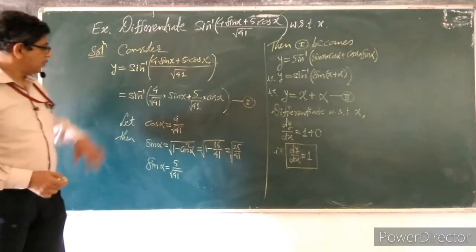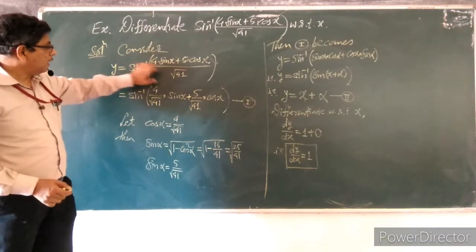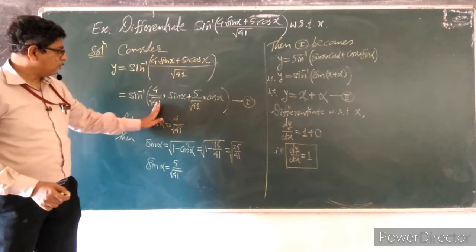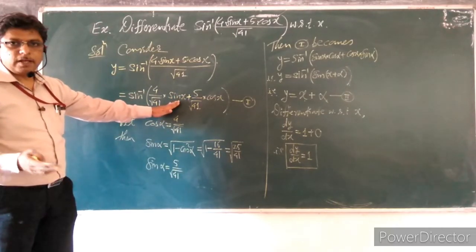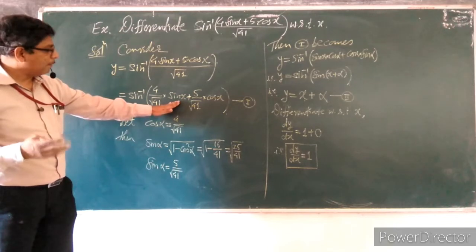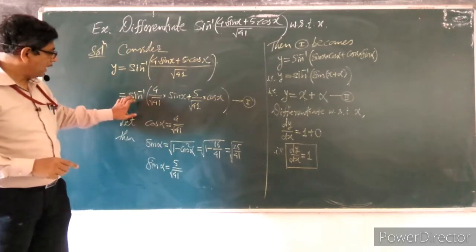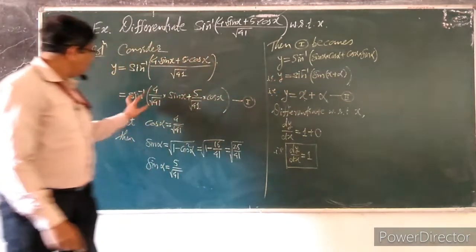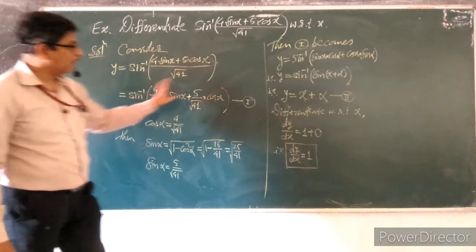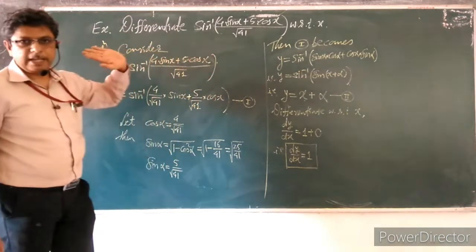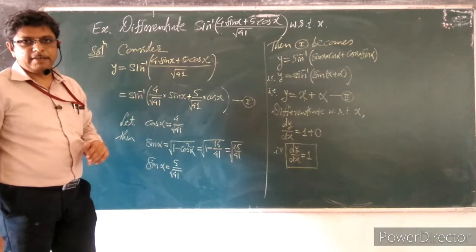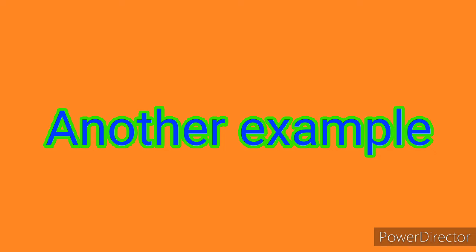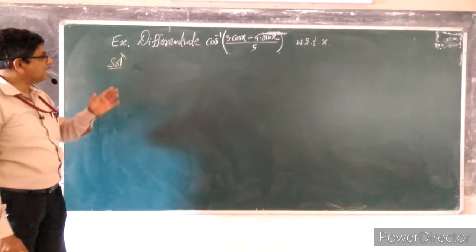Okay. So we have divided by the denominator separately. We have tried to write the formula for sine of a plus b, a minus b, or cos of a plus b, a minus b, and then we have obtained, if we have sine inverse here, you have to add this sine inside the bracket. If you will have cos inverse, then you have to add this cos of a plus b or a minus b, and then you can simplify and differentiate. That's it. Let's go for next example.